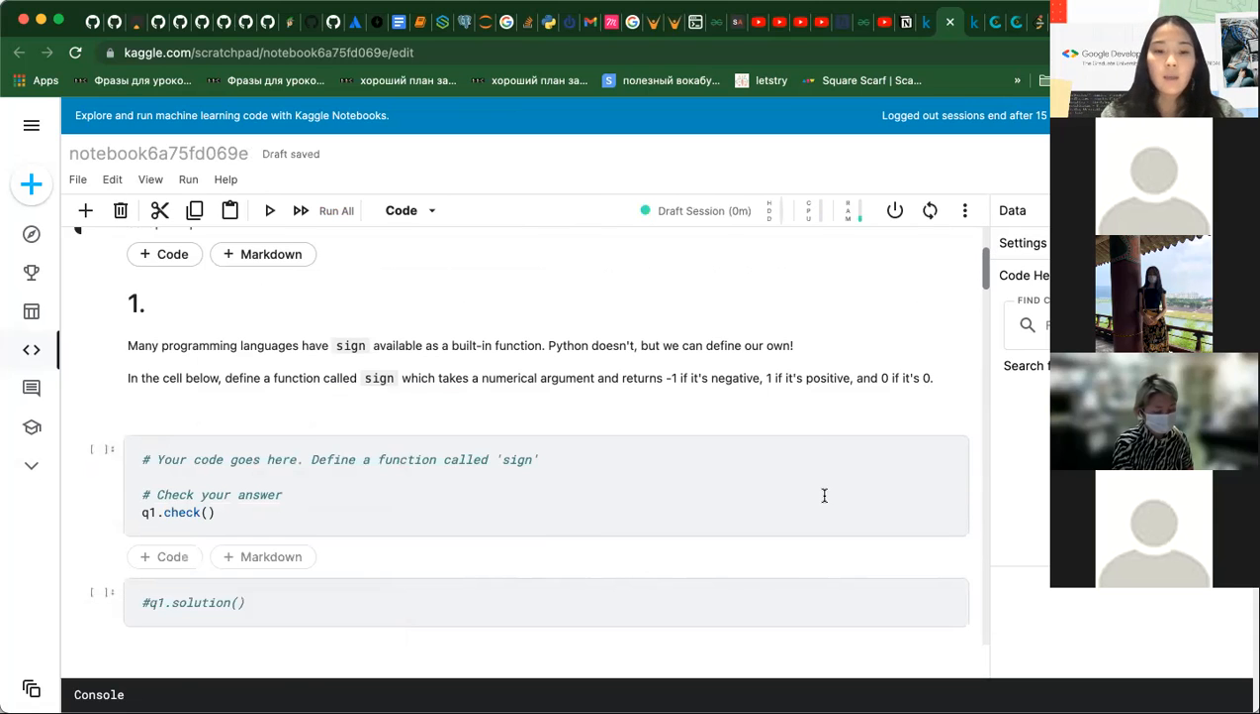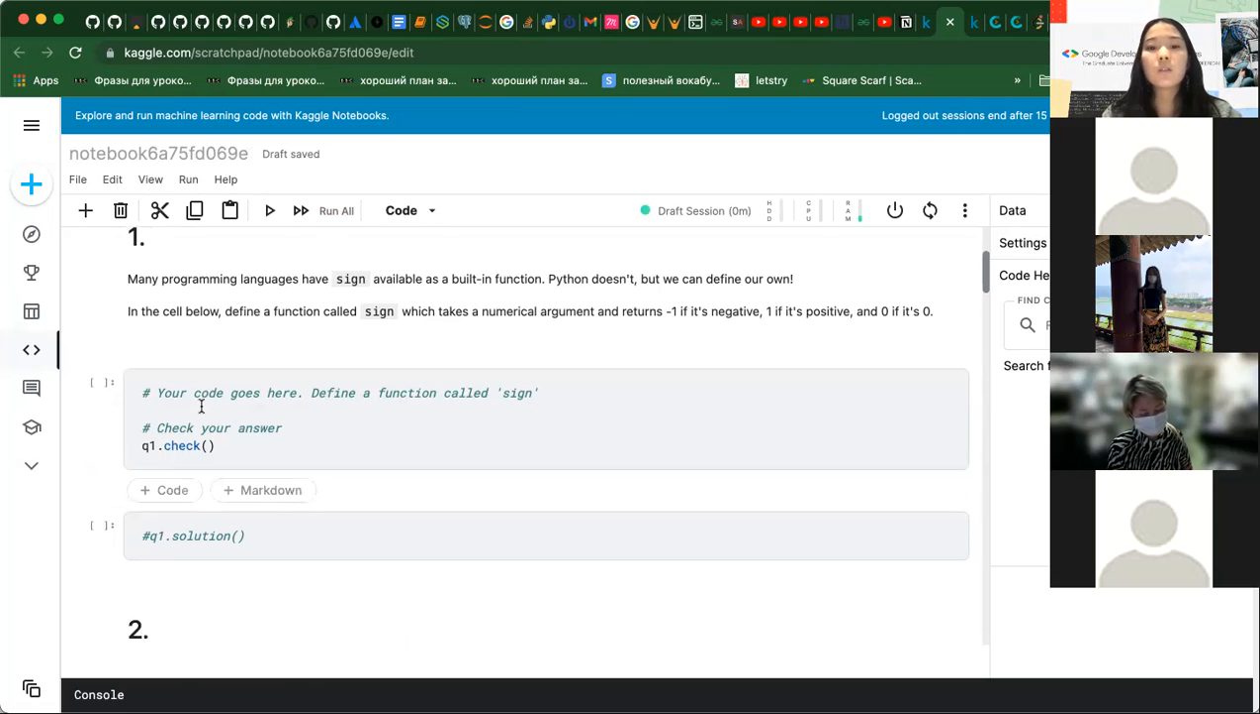So we know how to write a function. We need to write a function sign that prints or returns -1 if the number that it gets is negative, 1 if it's positive, and 0 if it's 0. So here we should use all our knowledge about functions, how to write functions, and use the knowledge of booleans